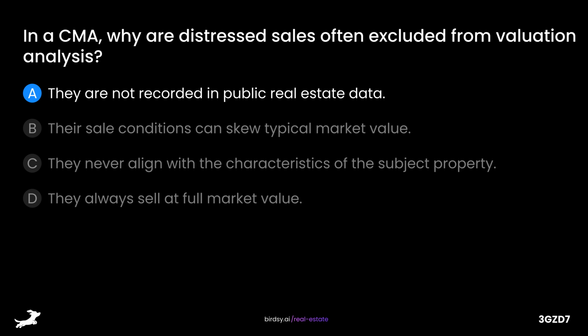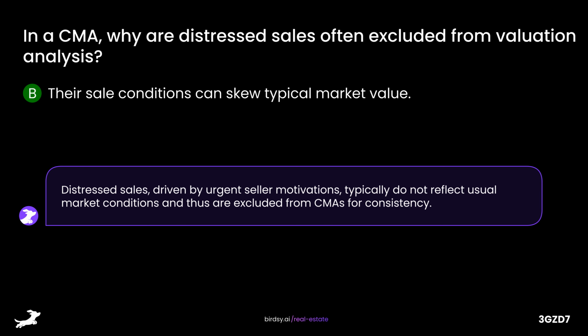Is it A, they are not recorded in public real estate data, B, their sale conditions can skew typical market value, C, they never align with the characteristics of the subject property, or D, they always sell at full market value? The answer is B, their sale conditions can skew typical market value. Distressed sales, driven by urgent seller motivations, typically do not reflect usual market conditions and thus are excluded from CMAs